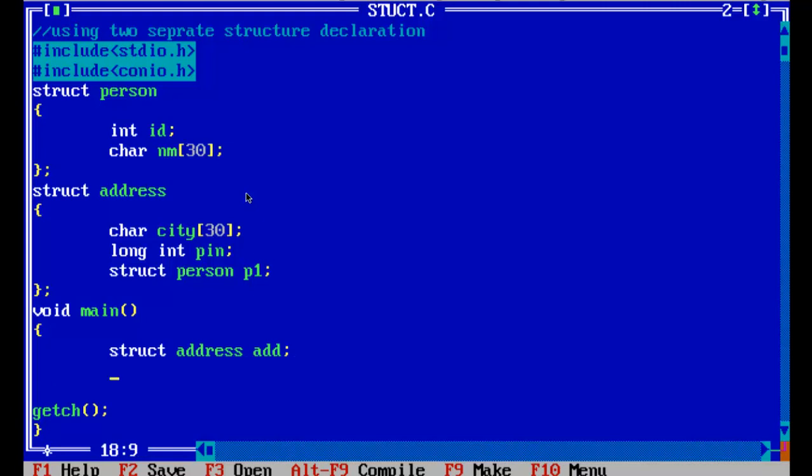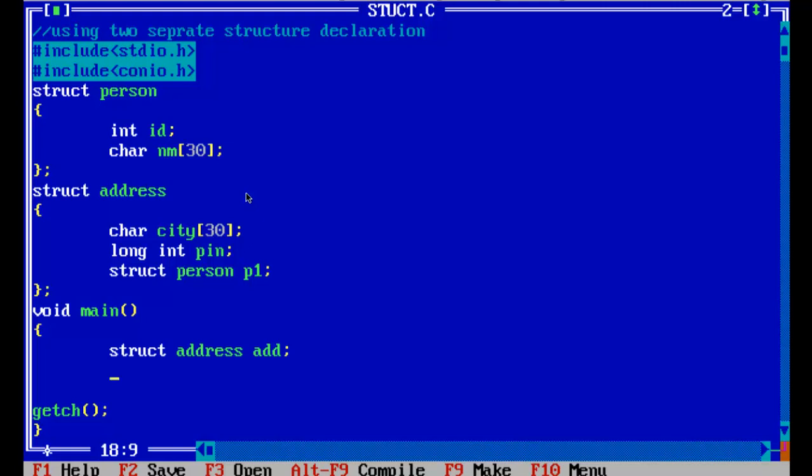So I declare add for accessing the address structure's members. So this way I declare both separate structures with different